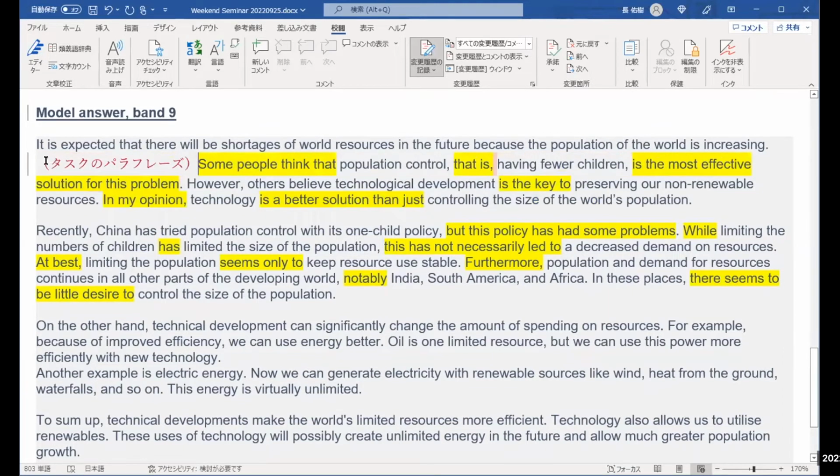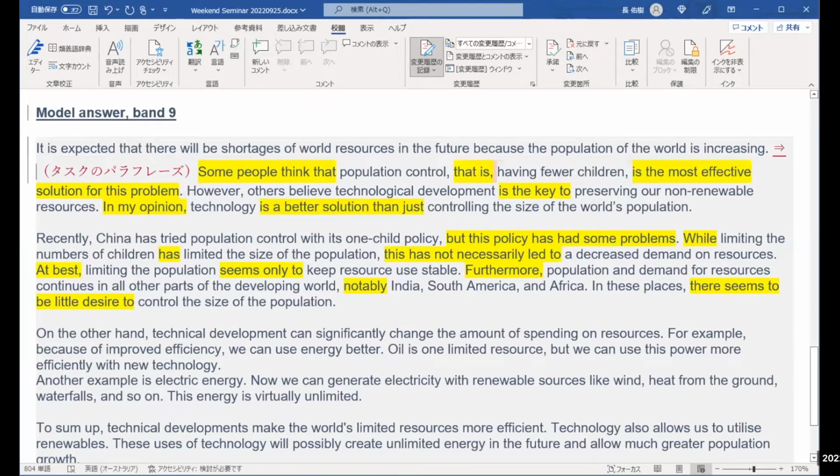Now, I've highlighted a few things that you might use in your own writing. Some people think that, okay? Now, some people think that is a rephrasing of the task, which was some people believe. Population control, and then we say, that is. What comes after that is the gerund, having. Having fewer children is a noun phrase. We've made a noun out of a verb